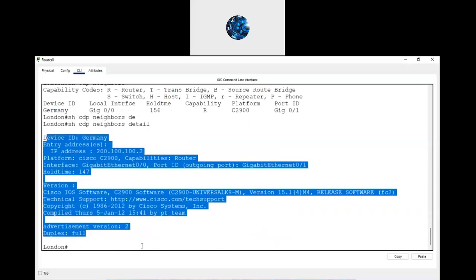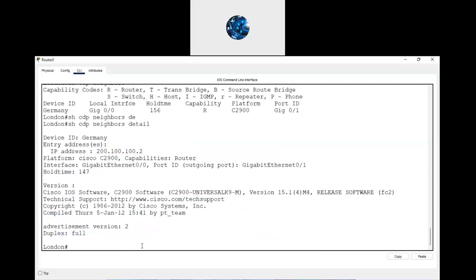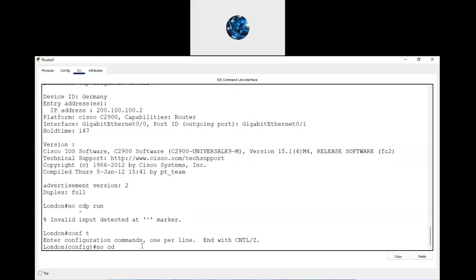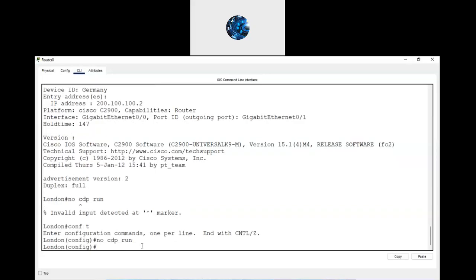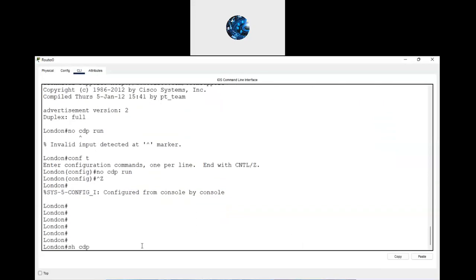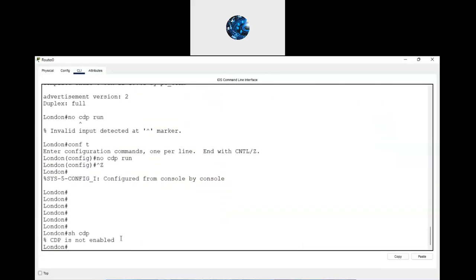Beyond that, we can disable these things globally, because sometimes they tell you they don't want CDP at all on that particular device. So let me check the command. No CDP run. Okay, in global configuration mode, no CDP run. Now, because I've done this, if I say show CDP, you see what it is telling me here,